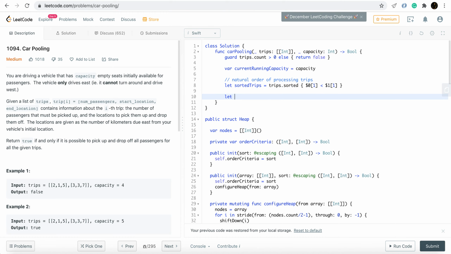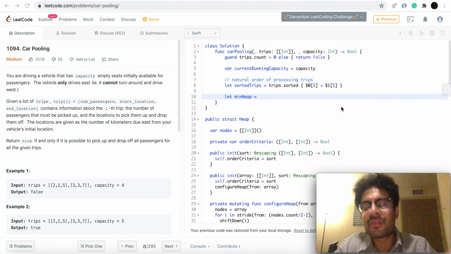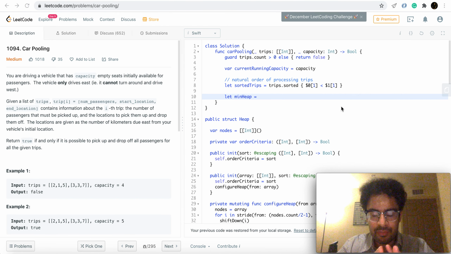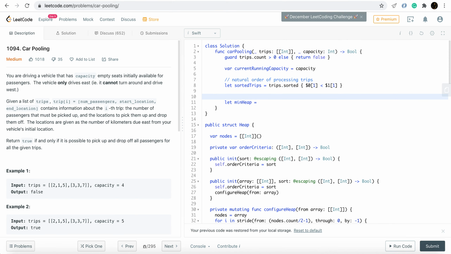Now we will construct the min heap. The syntax for this is more convoluted, but again, don't be intimidated by it. I'm only constructing a min heap whose order criteria is by end times, and this will hold the current trips being serviced by the vehicle or car.